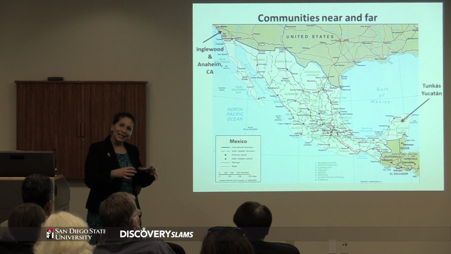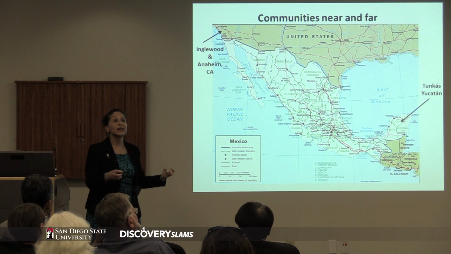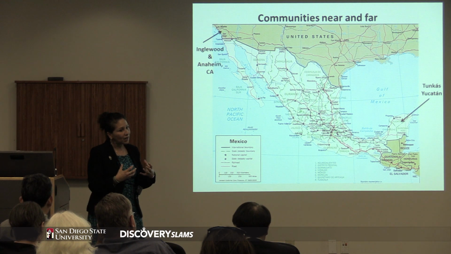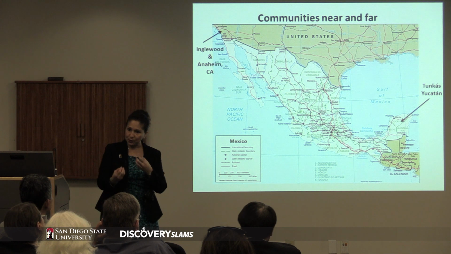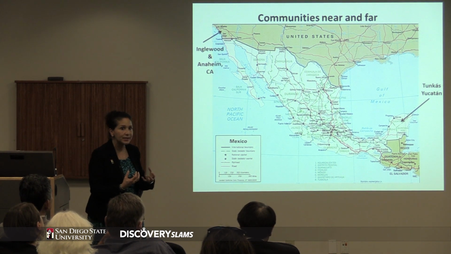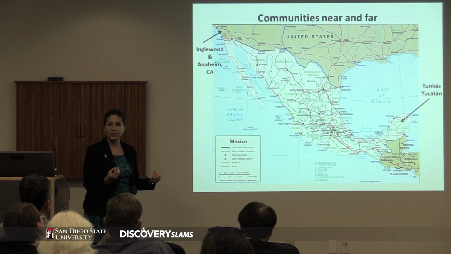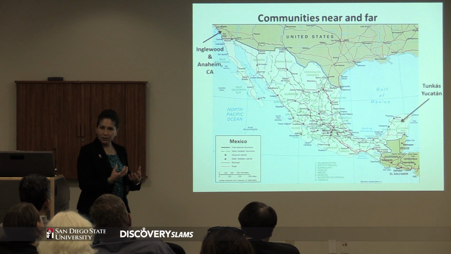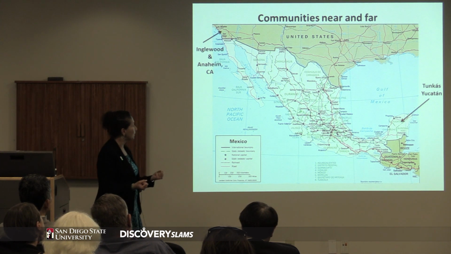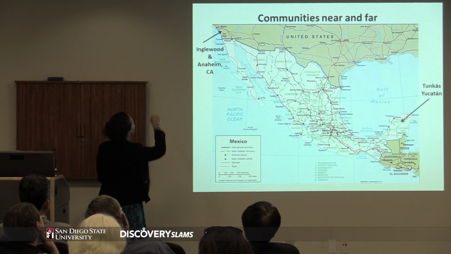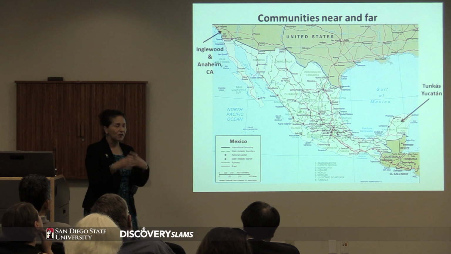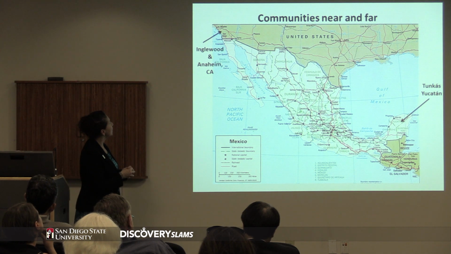So this has been an understanding of how migration as well impacts risk. But if it weren't for really being able to speak with members of the community and understand their perspectives on risk and migration, isolation, substance use, I wouldn't be anywhere. And the research really would not be as meaningful. So these communities migrate up to Inglewood and Anaheim. And there's been maybe 40, 50 years of migration and changing.